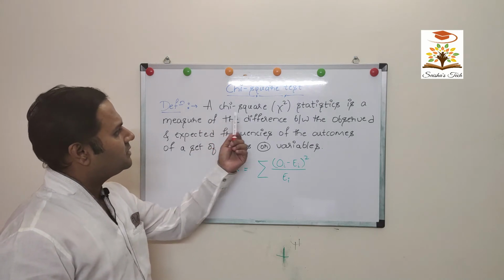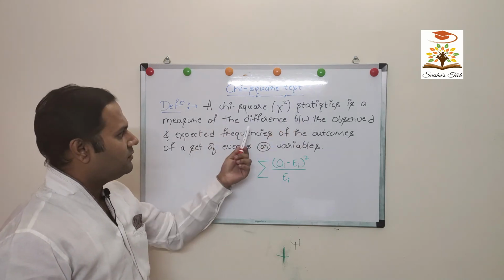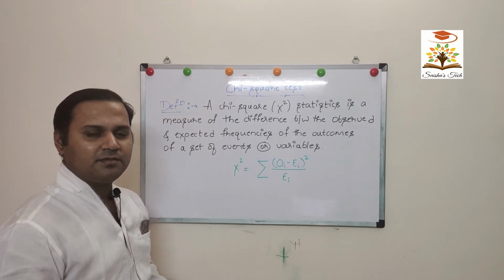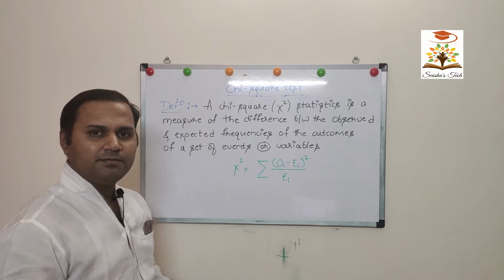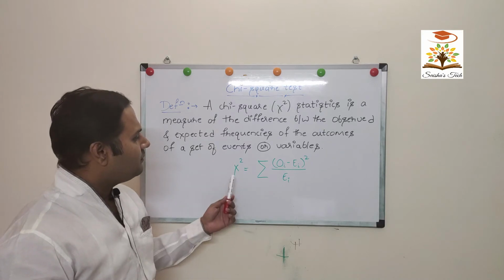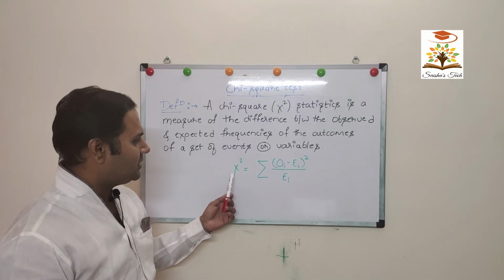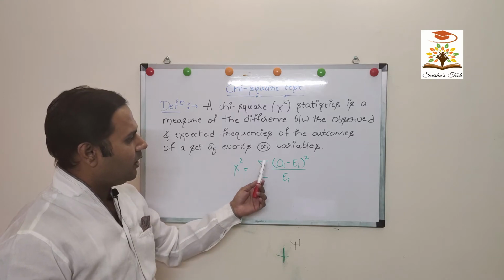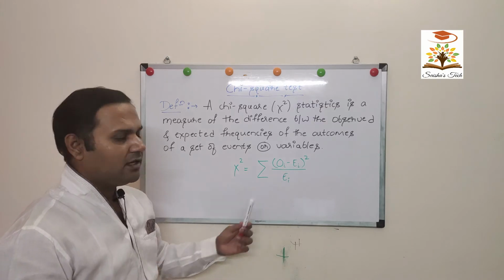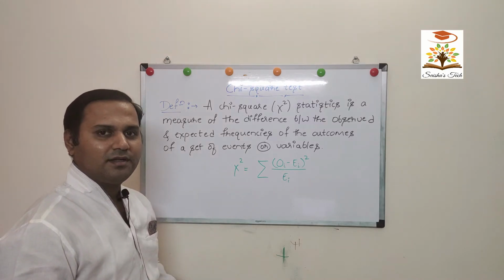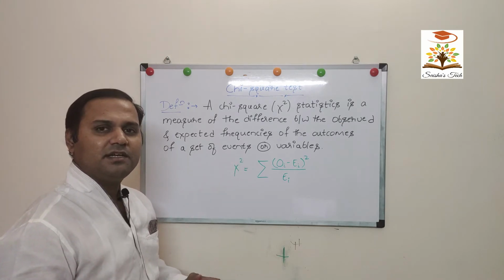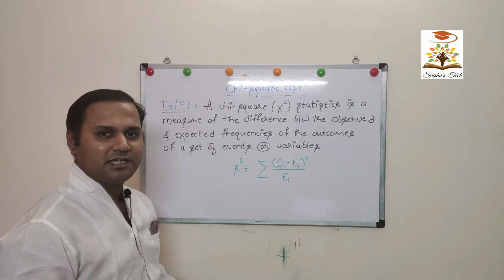A chi-square test statistic is a measure of difference between the observed values and the expected values for the outcome variable or a set of data sets. The formula utilized for the chi-square test is the summation of (observed minus expected value) squared, divided by the expected values. As we have understood the definition of chi-square test, let us explore the different types of chi-square test which are present.